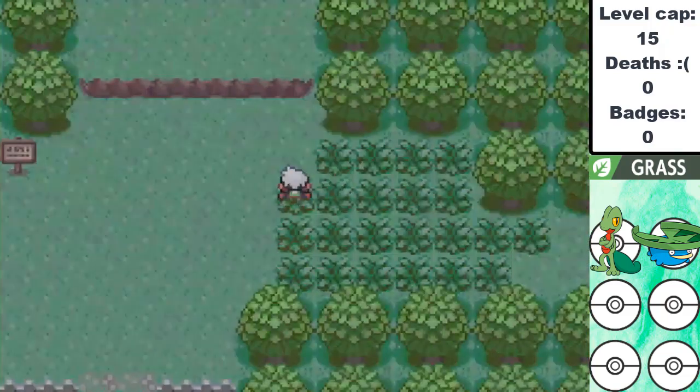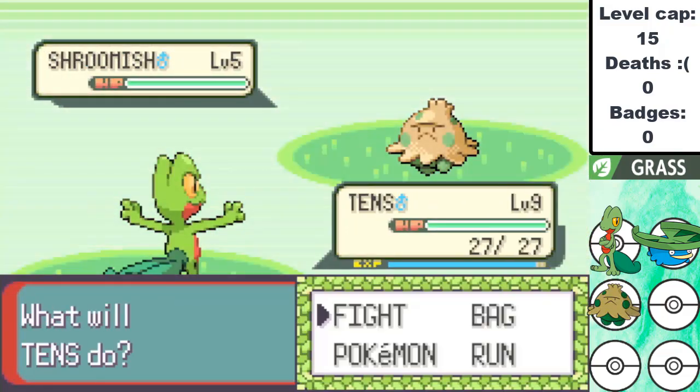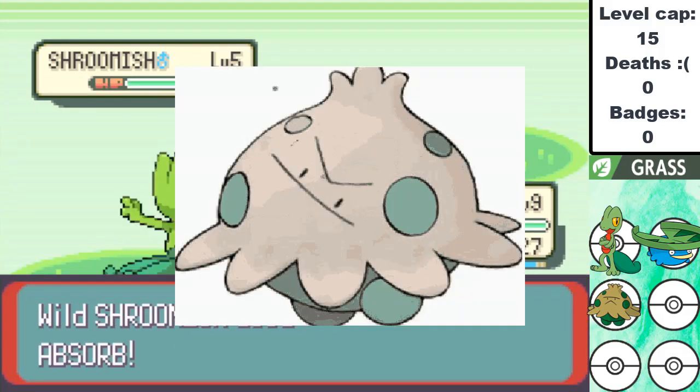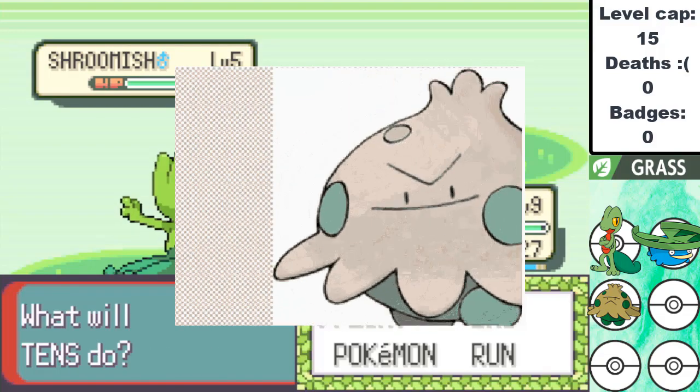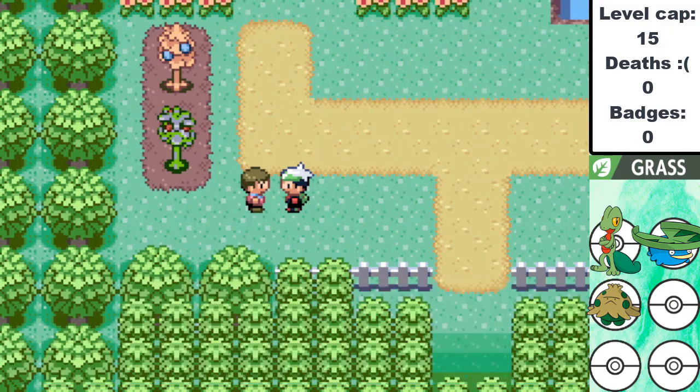My next encounter was Shroomish in the Petalburg Woods. I like Shroomish, I don't really have much more to say, I just really like it. If you flip its face upside down, it goes from looking pissed off to mischievous. That's kind of interesting. Obviously I picked up the TM for Bullet Seed and went right into the gym battle